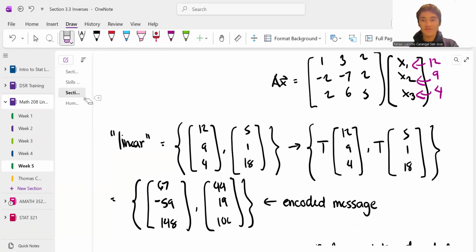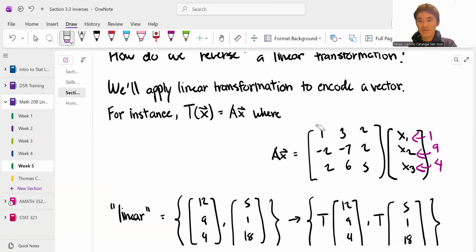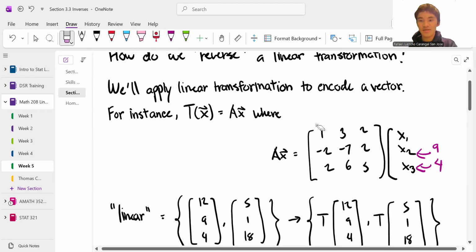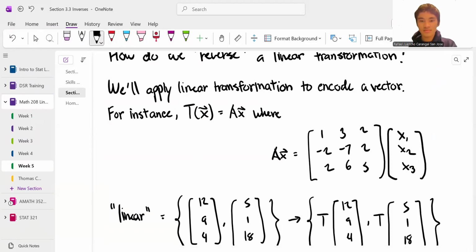And same idea for the others. Okay, but the idea is that this is the same thing as writing this guy, which is the linear transformation,